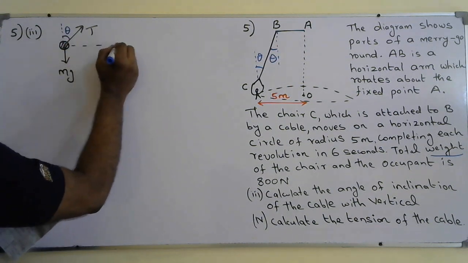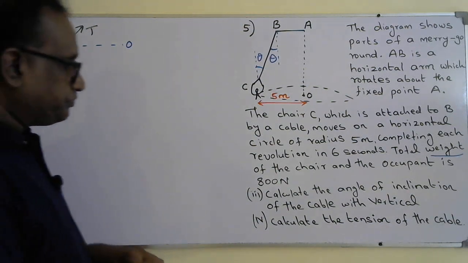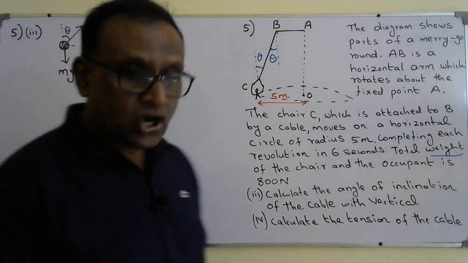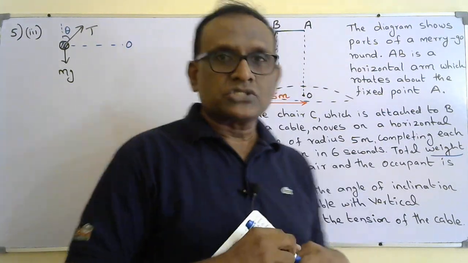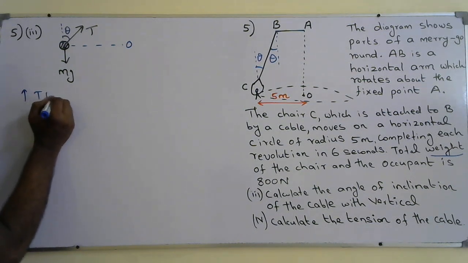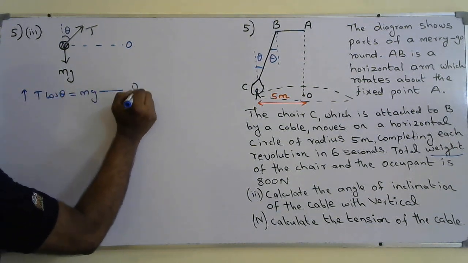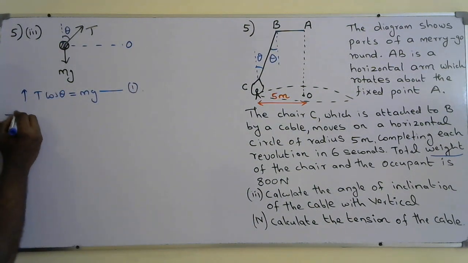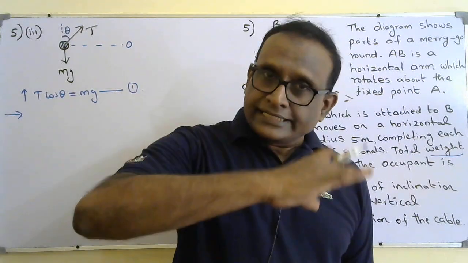And we know the center is somewhere here. This is the O, center. Okay, so we know it's moving on a horizontal circular path. No vertical resultant force. So if I resolve vertically upwards, T cos theta must be equal to mg because there is no resultant vertical force. Resolving towards the center, the required centripetal force will be provided by the tension of the